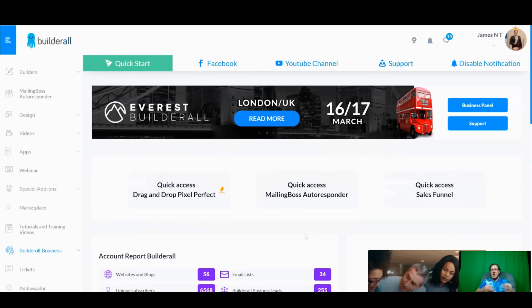The deliverability rates are up and it's hitting inbox consistently, and I'm getting some good open rates, good click-through rates with Mailing Boss now, whereas a year ago it was really bad. I'm not going to lie, it was terrible a year ago, but it's much better now. It's getting consistent email inboxes, and I'm getting consistent clicks as well. So Mailing Boss is probably the big main thing of Builderall that people want to use,